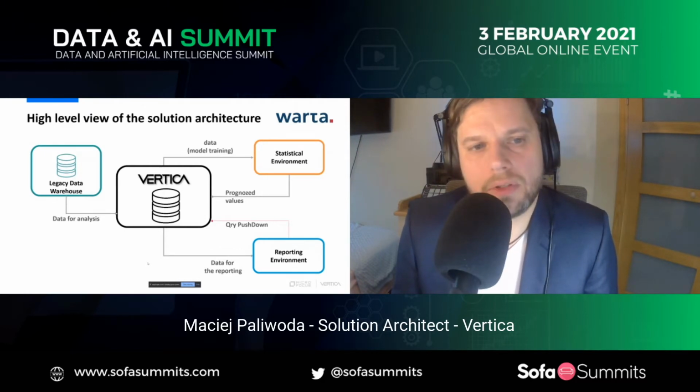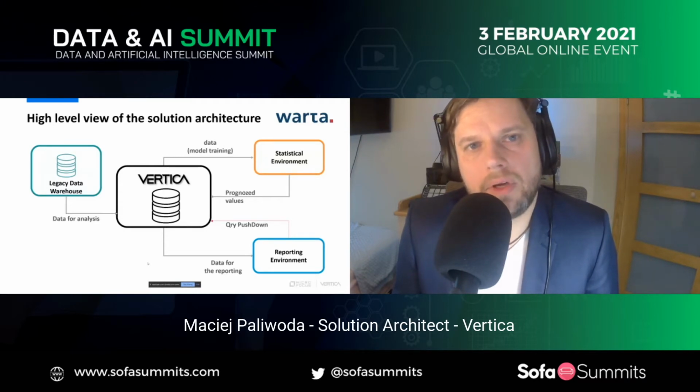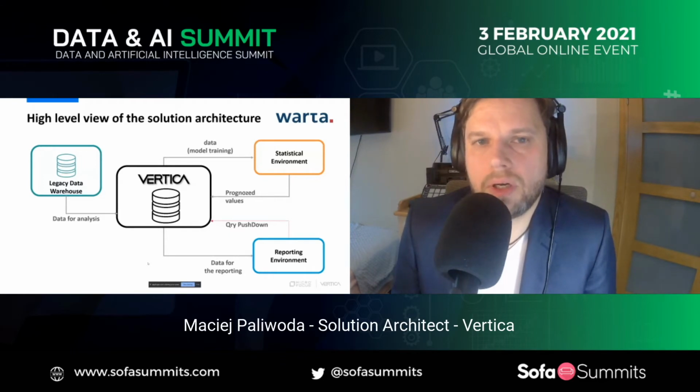Unfortunately, I haven't got the permission to present other technologies, but I think you will have a good understanding of what's happening and how the overall solution looks. So, they have a legacy data warehouse, and from the data warehouse, some of the data were physically